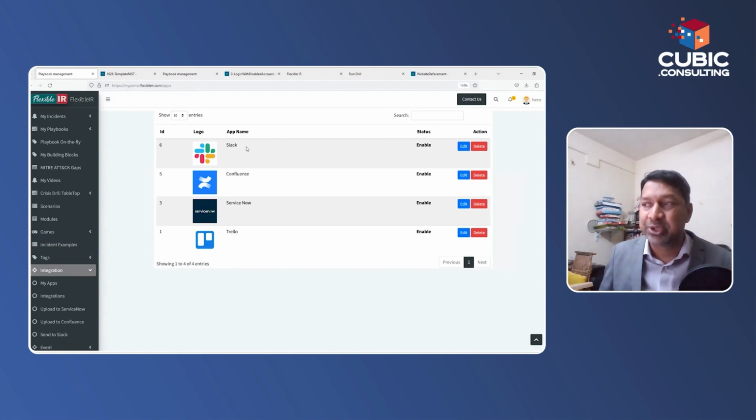You can push it to a Confluence in case you have a Confluence as your knowledge base. You can push it to ServiceNow as knowledge base again, to Trello. So we do have integration so that the playbooks can be exported or can be put in the format that you would like to use or view. Now, going one more step ahead,